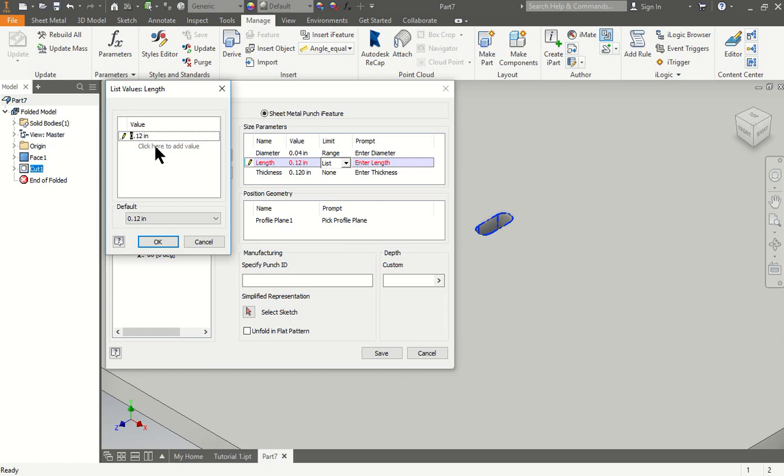And now we're going to input the list of values that we're saying this piece could have. So we're going to click to add the following. We're going to add 0.2. We're going to add 0.25. Add 0.3. 0.35. 0.4. 0.45. 0.5. So we see we had a whole bunch of different values that we just modified on